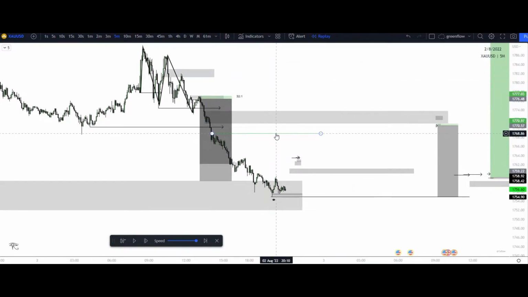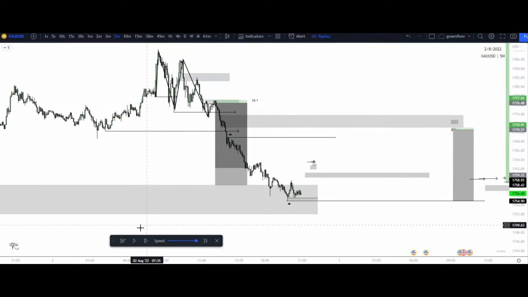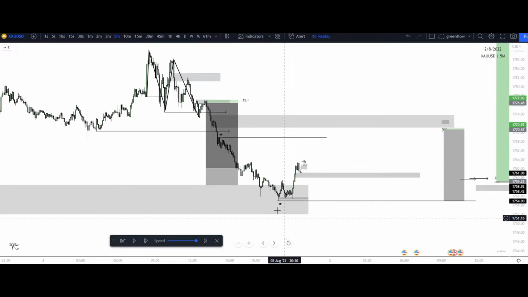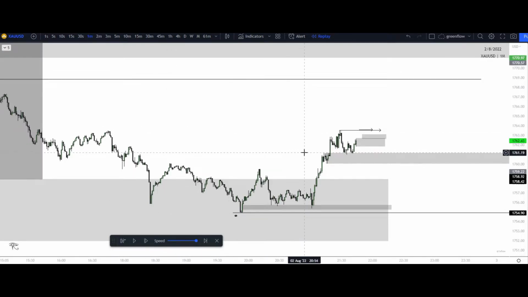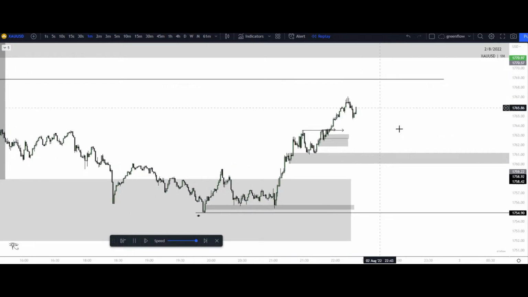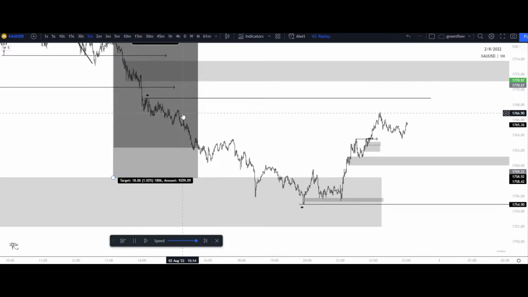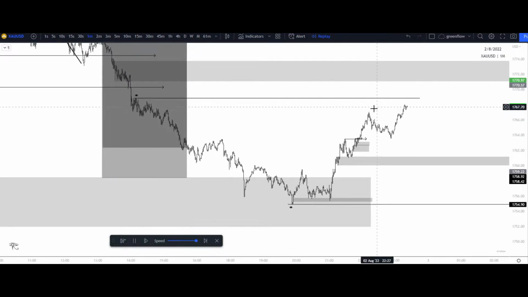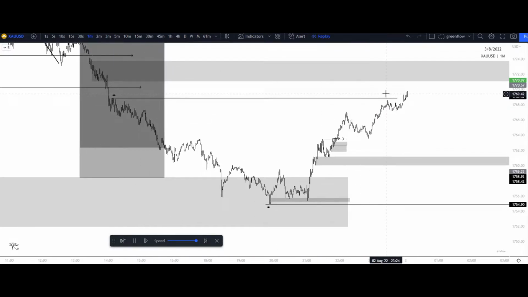So I have liquidity that is present here. Let's just draw this out as liquidity. We see price respect that and start to move higher. If I'm on lower time frames, after we get that range break, mitigation of demand right here, looking to take it into liquidity, you get your first break, second break, mitigation of that demand candle that is present right here. And then we end up respecting the supply zone, end up taking out that high, come up into areas higher into buy side liquidity.